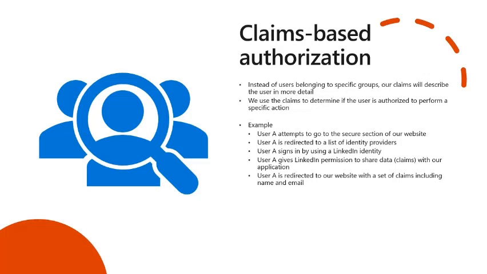Instead of users belonging to specific groups, our claims will describe the user in more detail. We use the claims to determine if the user is authorized to perform a specific action. For example, if user A attempts to go to a secure section of our website, A is redirected to a list of identity providers, like Facebook, LinkedIn, Twitter. User A signs in by using LinkedIn identity, let's say,